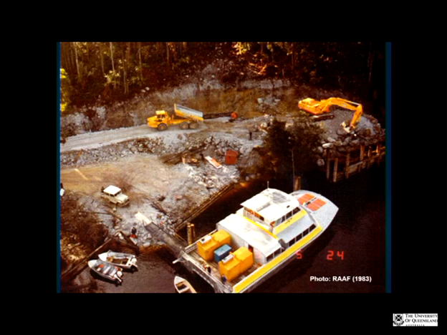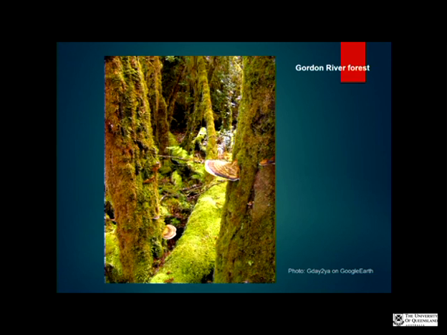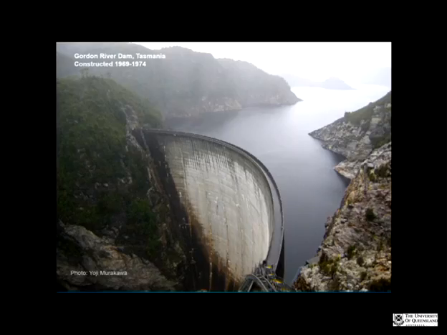Now, the Tasmanian government was quite determined that it was going to go ahead, and the environmental groups were quite determined it was not going to go ahead. And so it was a very bitter and quite aggressive battle that was going on between the two. And this is an image here of the Gordon River forest. So that's the Gordon River Dam, the previous one I was telling you about. You can see it's epic. Again, we're not talking about small-scale impacts on the area here. It's very significant. And the Tasmanian government wanted to build a second one.